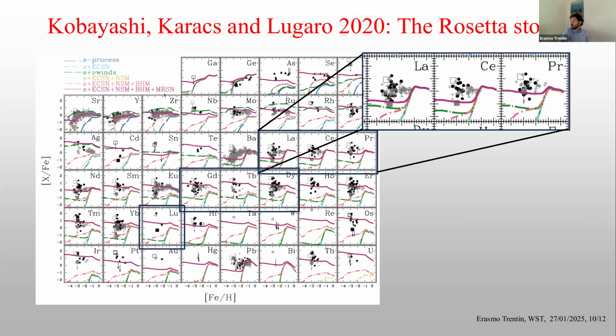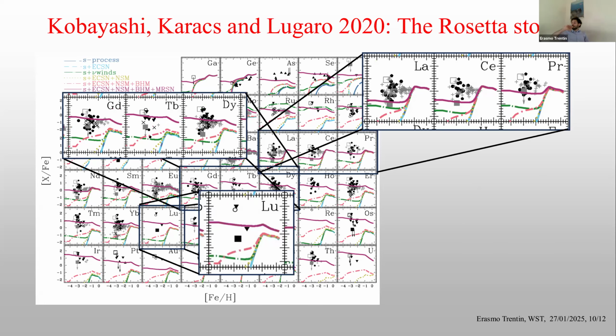But what I wanted you to focus on is that if we look at some of the most famous s-process elements, lanthanum, cerium, praseodymium, but even for the r-process, dysprosium, lutetium, gadolinium as well, you can all notice how, at least up to 2020, there is a serious lack of observational counterpart in the high metallicity tail, while for the low metallicity, I'm talking of metallicity below -2,